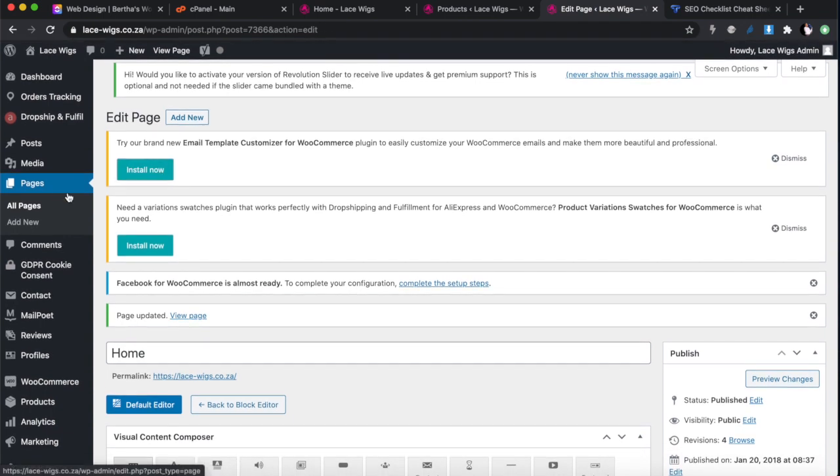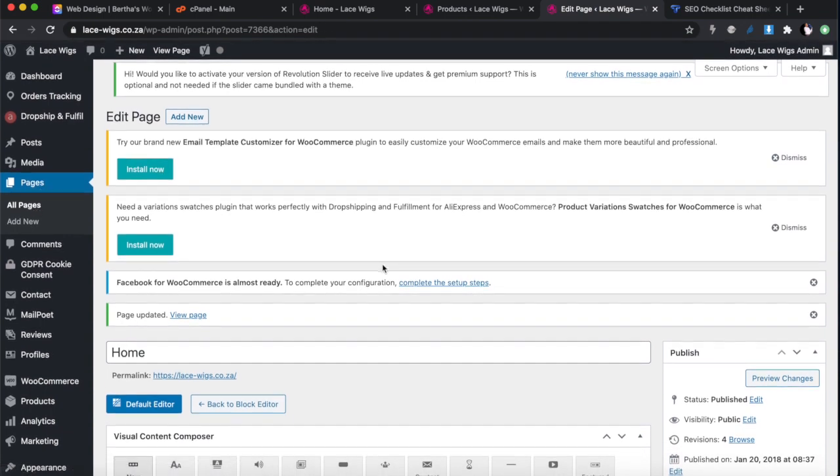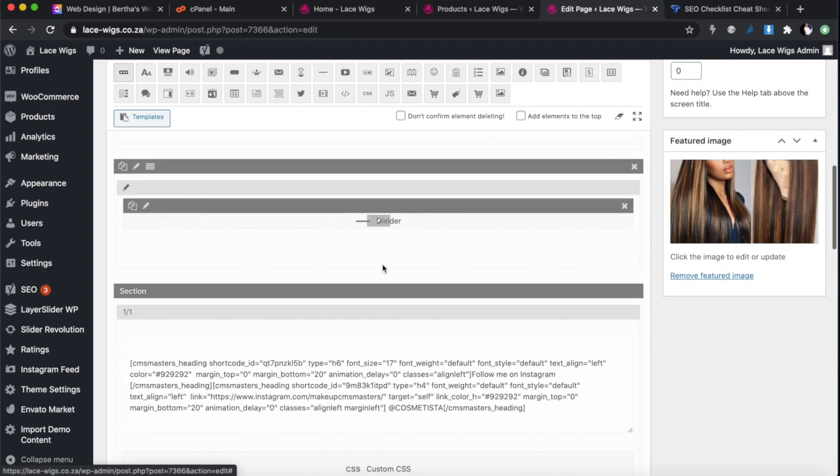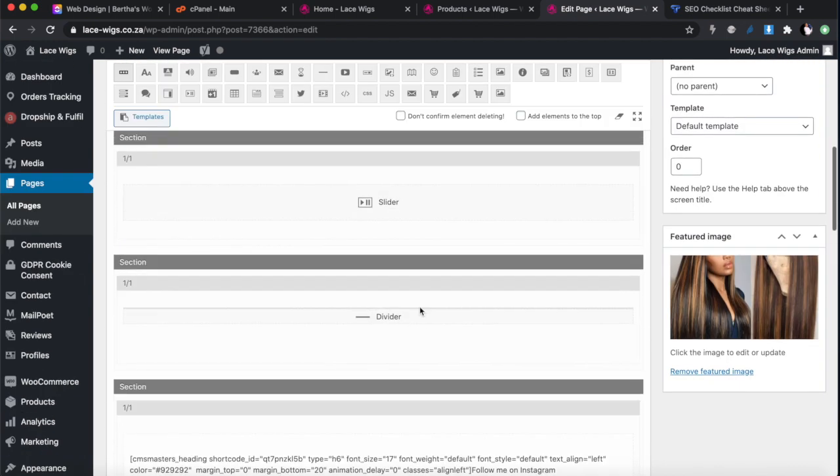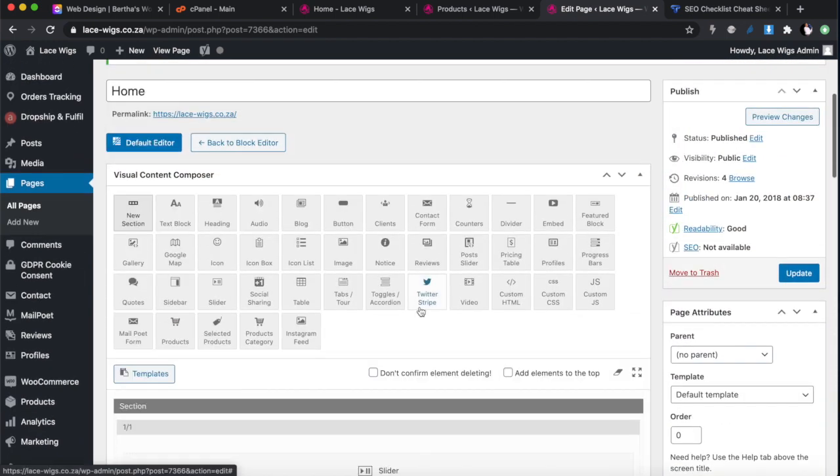Okay, so the home page, if you go to pages and look for the home page, I've already opened it on the screen. You'll see I deleted everything and there's nothing there for now. I'm just going to add, you see what the Visual Composer that comes with the CMS Masters allows you